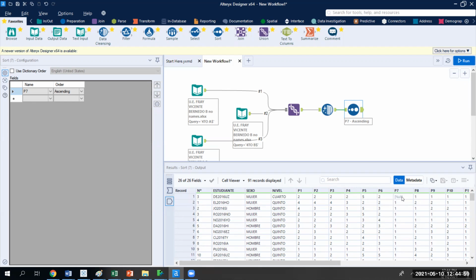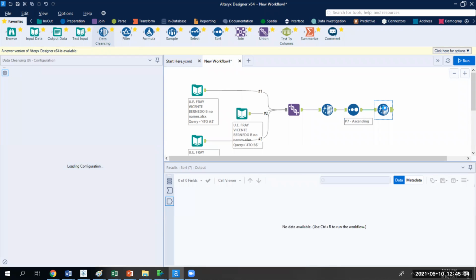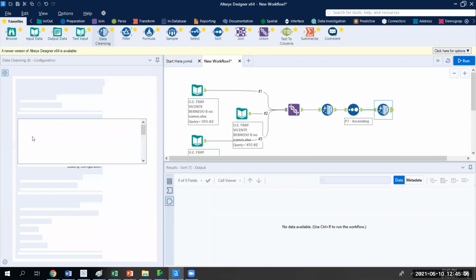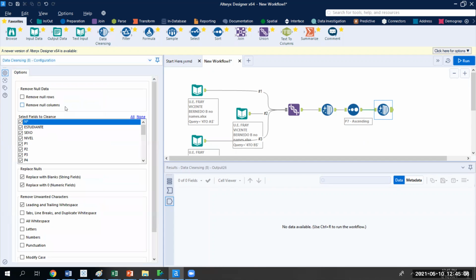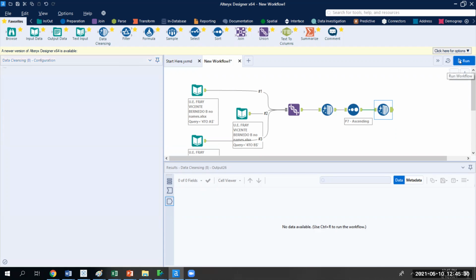So since I know P7 has a null value, I'm going to bring that data cleaning in a second time. And for now, I'm going to just focus on P7. So I'm going to click None here. Just for right now, let's look at P7. I'd like to look at P7, and what I'm going to tell it to do is replace null values with zeros. And I'll also get rid of leading and trailing white spaces. It's always a good idea. So if I click Run,